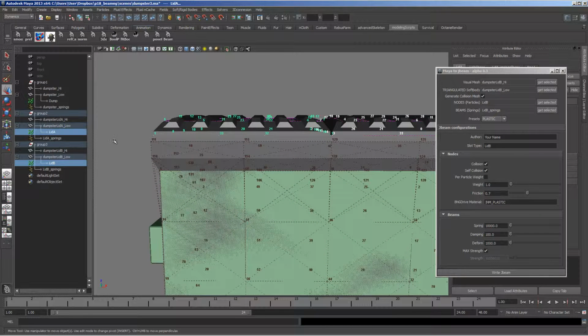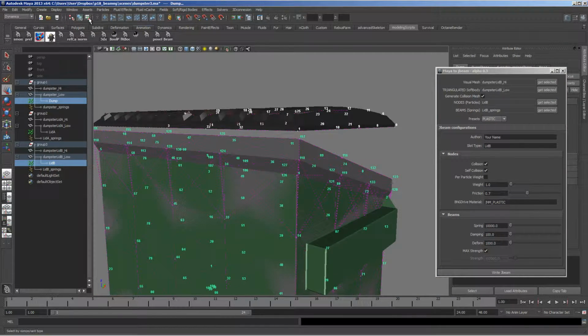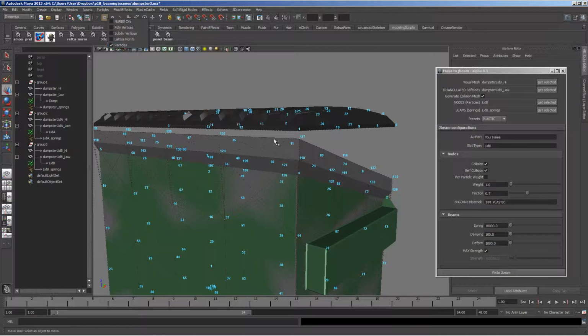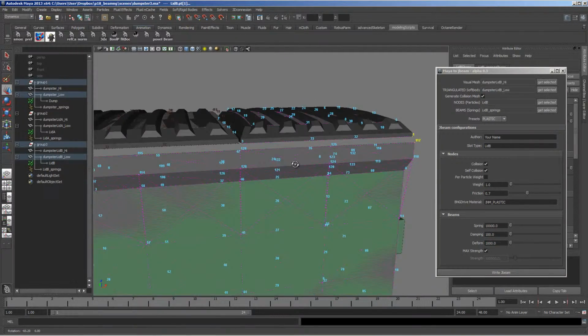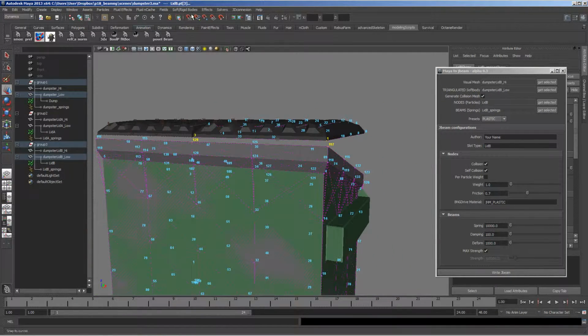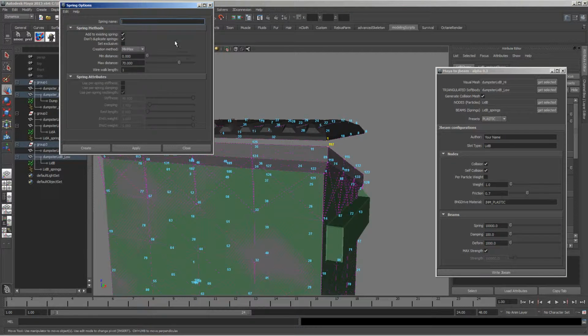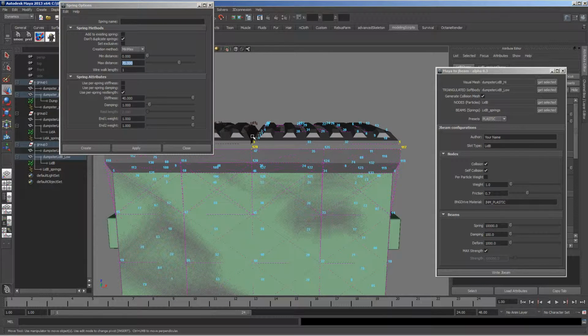And not lead B, not lead, and go to component mode with particle selected. I'll select these 2 I want to connect and these 2. Sorry. I'll go to create springs and I will create a new object with a maximum distance of 70,